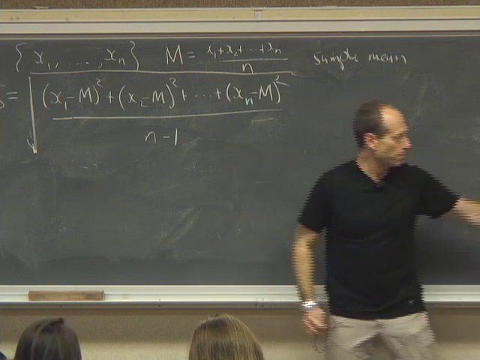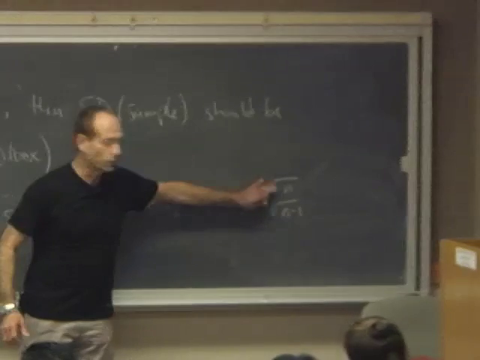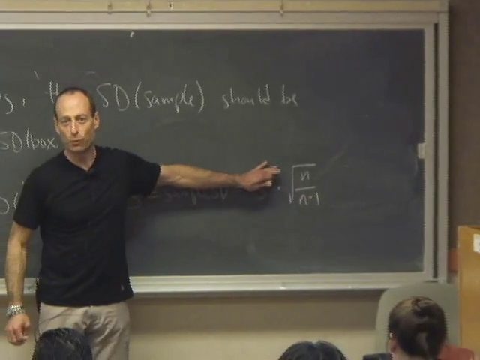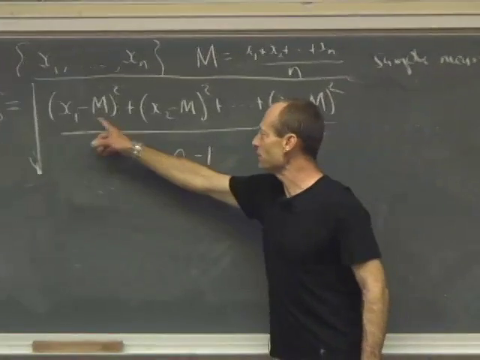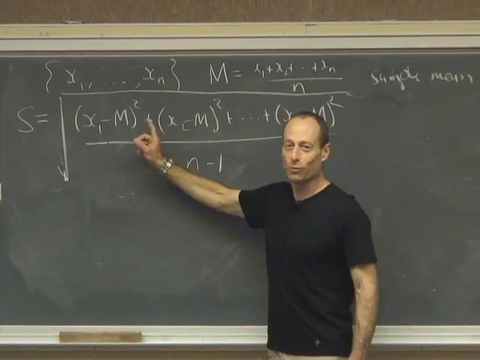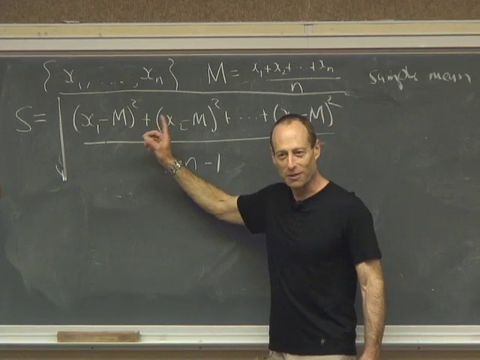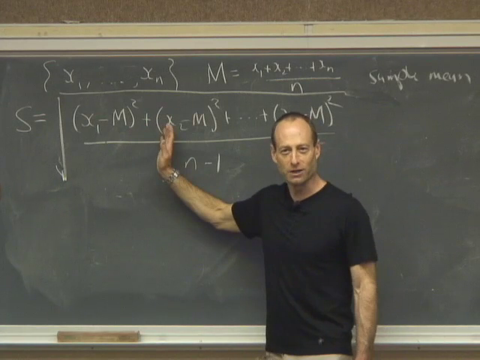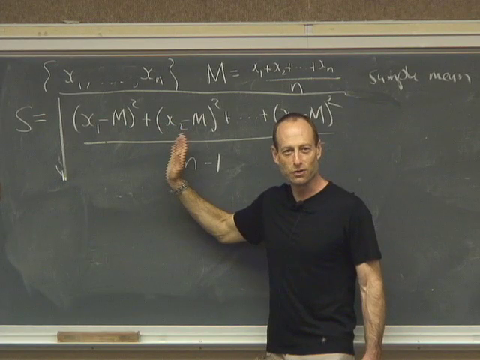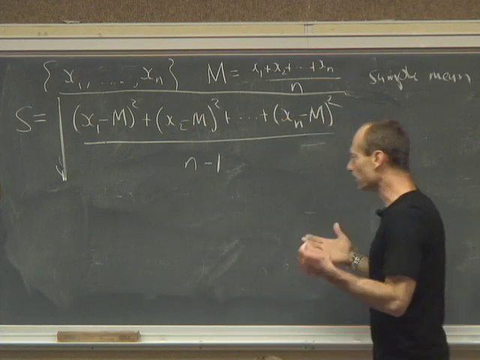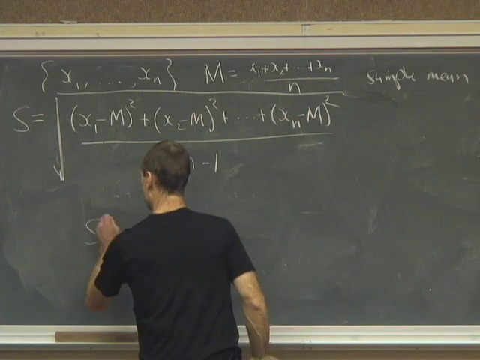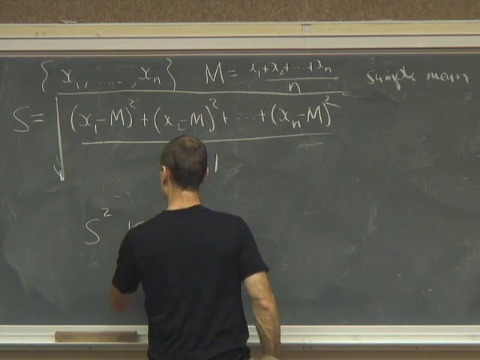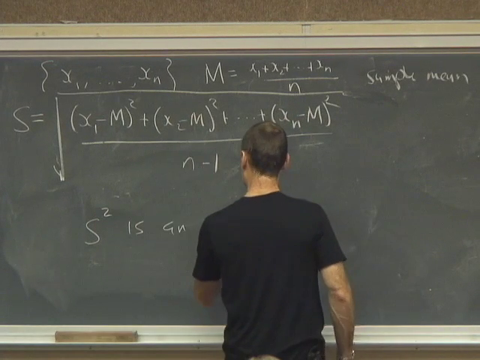Okay? So by blowing it up by this factor, I get it to be back to about the right size. This is going to tend to underestimate the scatter in the box, because I'm looking at the scatter around the quantity around which the scatter is smallest, rather than the scatter around the mean of the box. So far, so good? Okay, so the technical story is the following: S squared is an unbiased